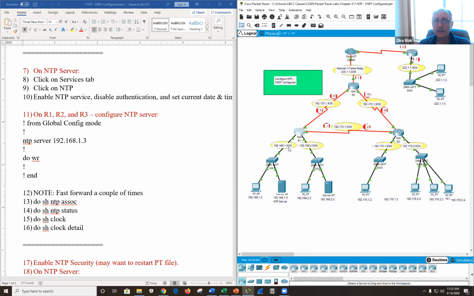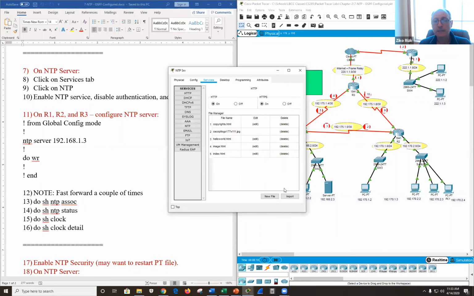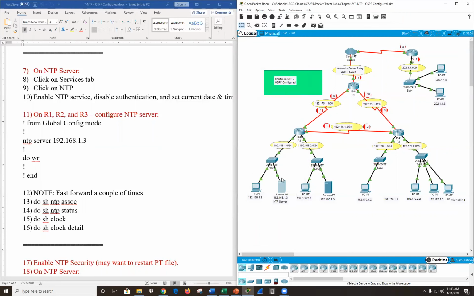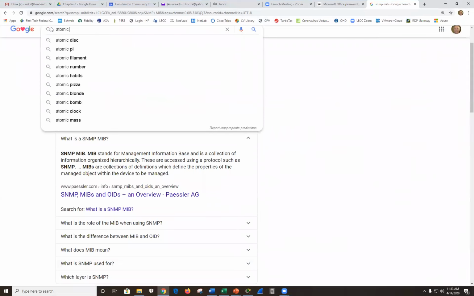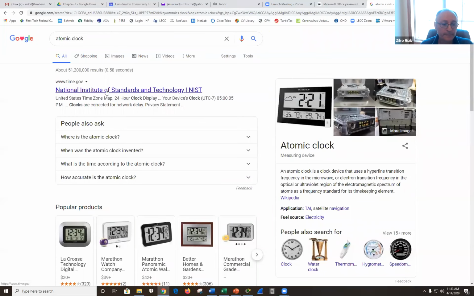Would you agree? Nothing complicated, just straightforward? Yeah. Okay. So let me ask you a question. Where did the NTP server get its time from? Or in a production environment, where would it get its time from? Other than us setting it, wouldn't we have it based on the atomic clock so that it's accurate? Yep, there you actually go. Yep.